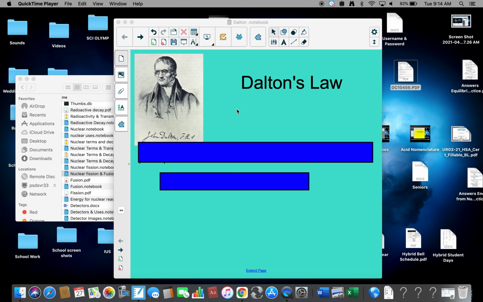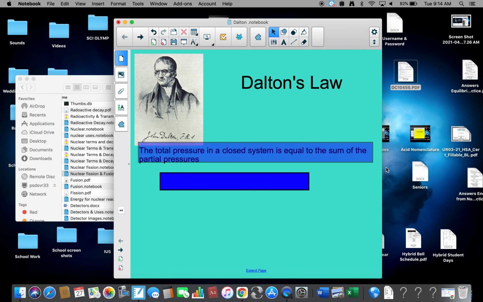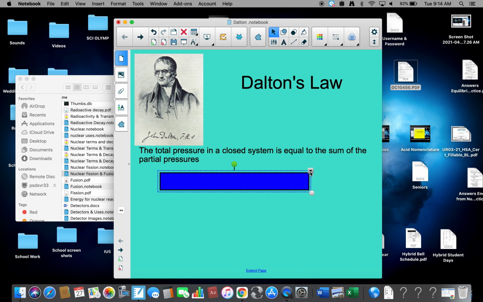Exciting, ever fascinating chemistry. We're looking at Dalton's law. Remember, this is the same John Dalton, the father of atomic theory. Dalton's law states that the total pressure in a closed system is equal to the sum of the partial pressures, and our equation